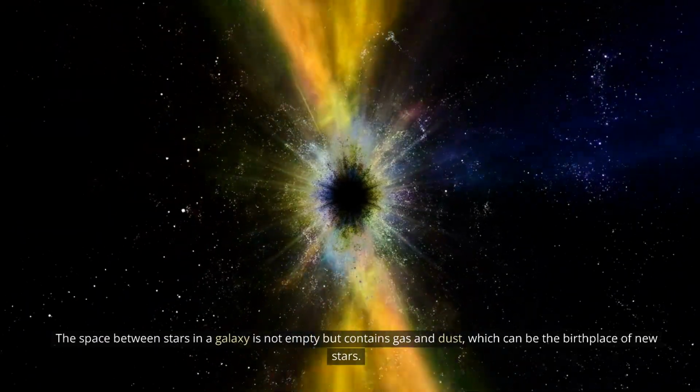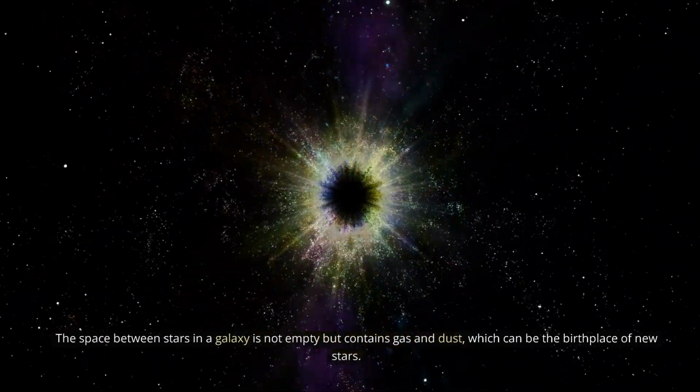The space between stars in a galaxy is not empty but contains gas and dust, which can be the birthplace